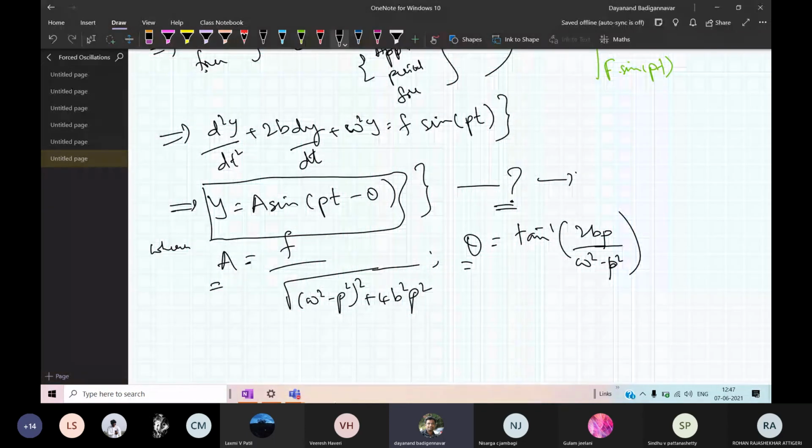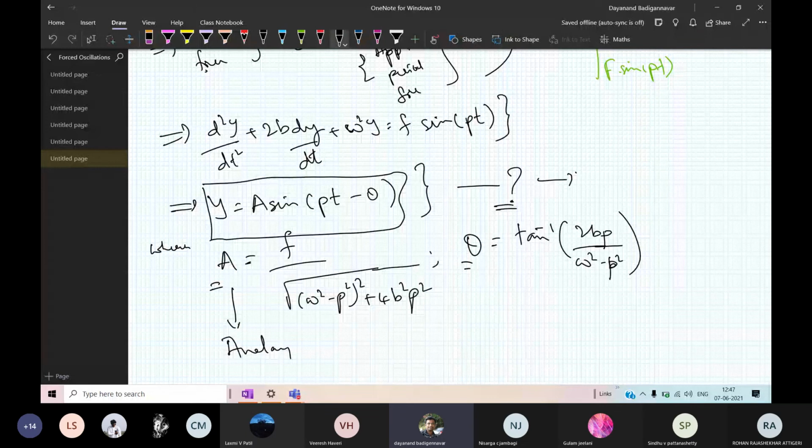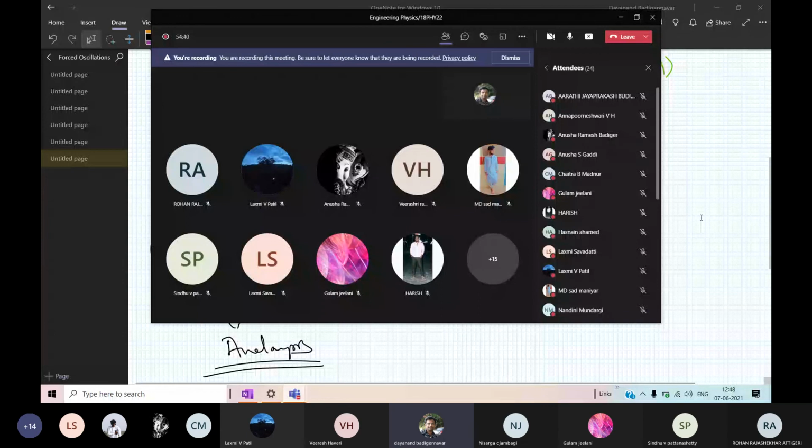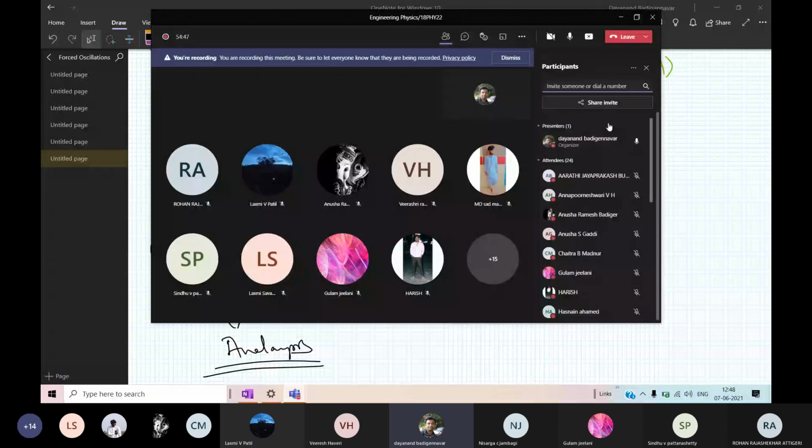Okay, students, I would like to tell you that these are very complex things. If you neglect it, you are the one who is going to be on the losing side. My work is to make it as simple as possible. I have put a lot of effort into this. So you have to be very attentive in the class as you always are. Those who missed should make sure they attend the remaining classes also.